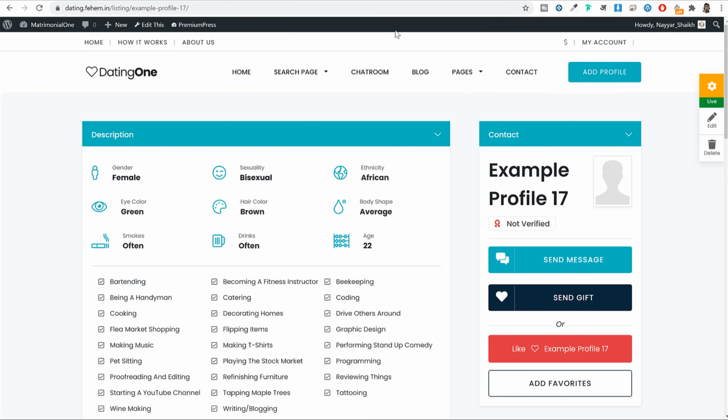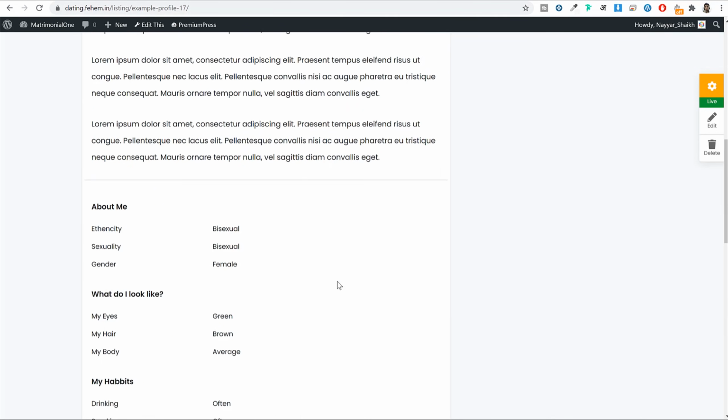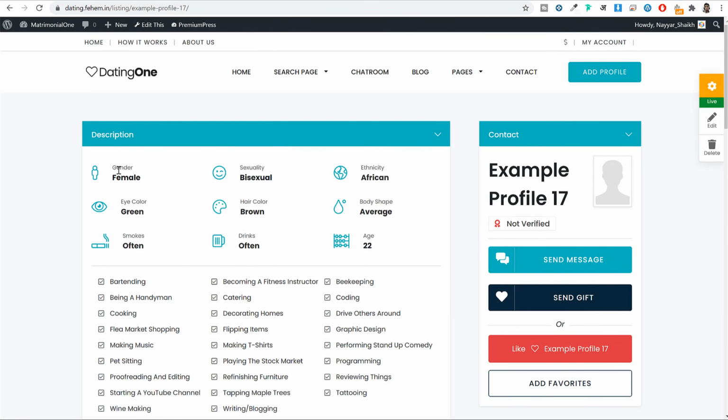Whether you like it or you don't like it, I'm just showing you and explaining that you can add all these options. If you want to add a religion option, a caste option, or any other option, you can do that as well. Now these are some feature options, and you can see all the options which are added. So first of all, let's start with these options: what all you want and what all you don't want.